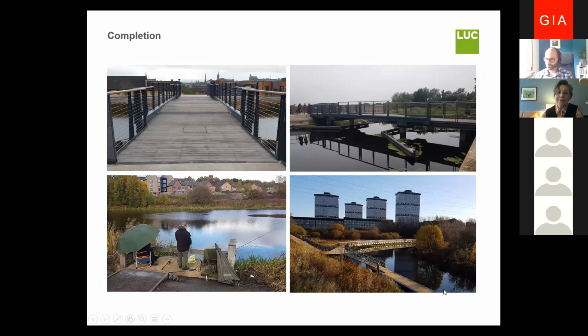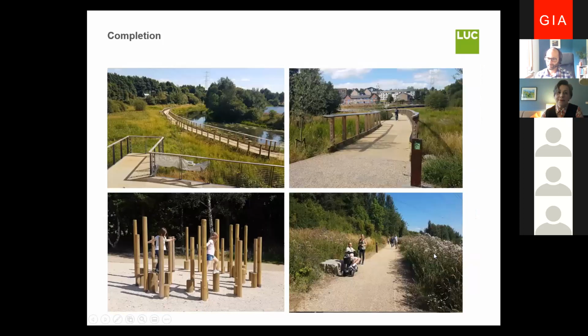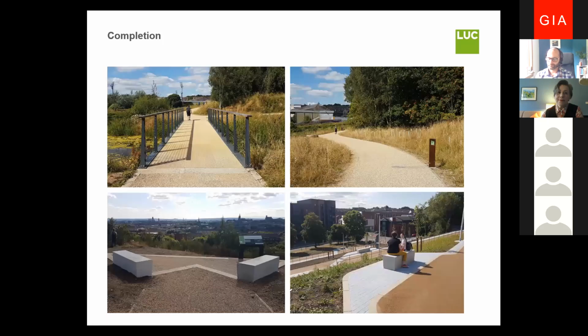We've got the residential moorings on the canal in the far north. We've got the activity nodes. You can't quite see it. This is one of the SUDS swales integrated with the landscape with the bridge crossing, boardwalk across the reed beds. Some of the activity nodes, it's being extremely well used, extremely well received by the local community. A raft of positive social media coverage,